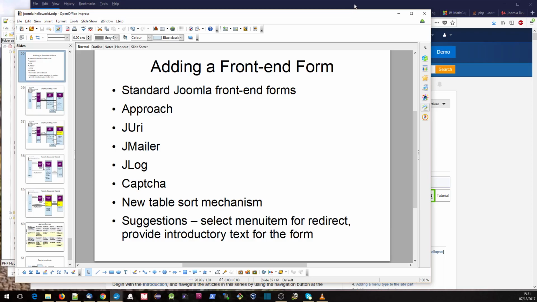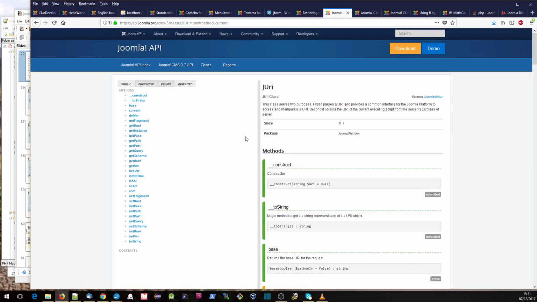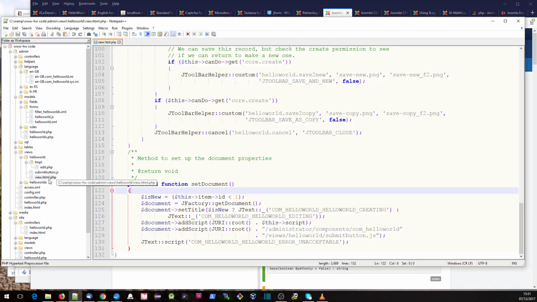And the first is JURI. If you put JURI into Google and your version of Joomla, you'll find a page like this, and this is all to do with the URL. So it's the Joomla class that supports functionality associated with URLs. Now we have actually seen this before in our view, for example, of our edit form for Hello World within the admin functionality. Down the bottom there's this function here for